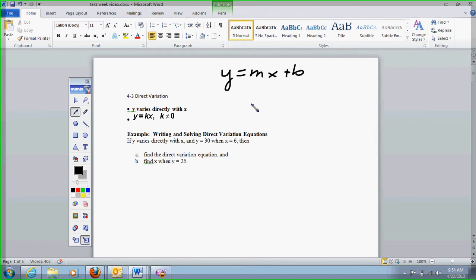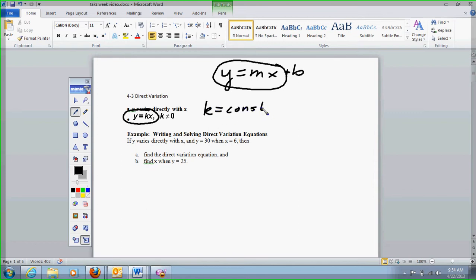This is the slope-intercept form of a line where m is the slope and b is the y-intercept. Well, if we notice this piece here, when the y-intercept b is equal to 0, it looks a lot like this, except they're calling k